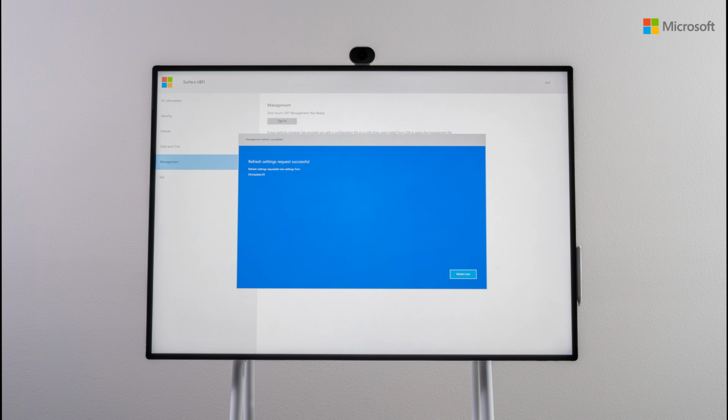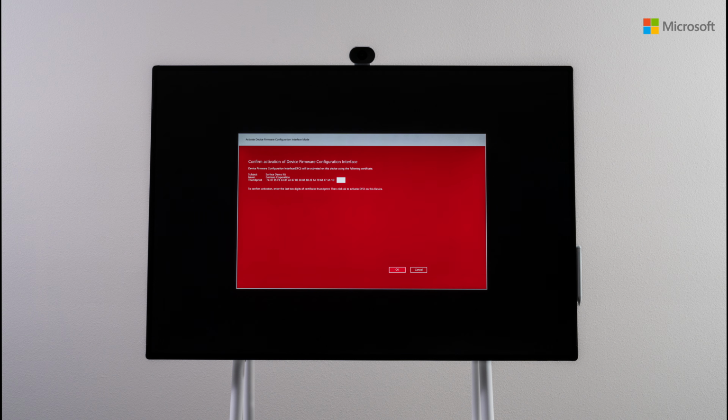After the SEMM package is installed, select Restart Now from the UEFI menu. The device will display a Microsoft white logo and then shut down automatically. Turn the device back on. A red activation prompt will appear. Enter the last 2 characters of the certificate thumbprint and your UEFI password, and then select OK to activate the SEMM